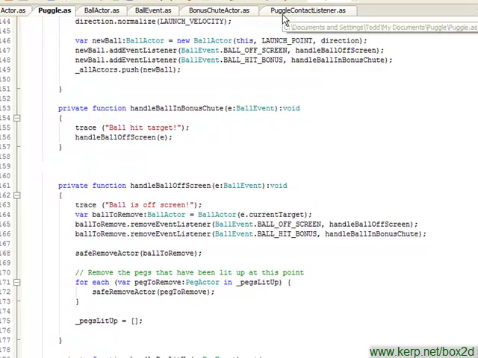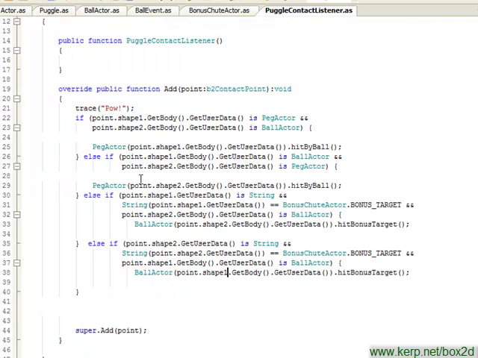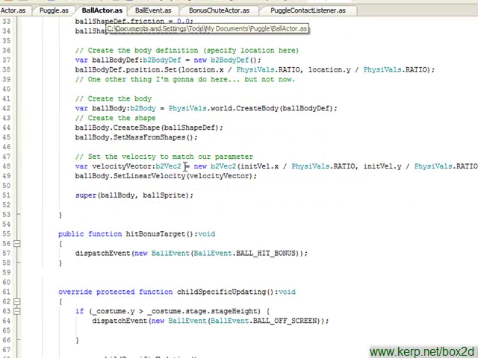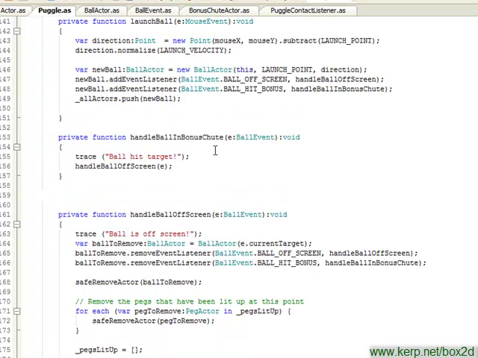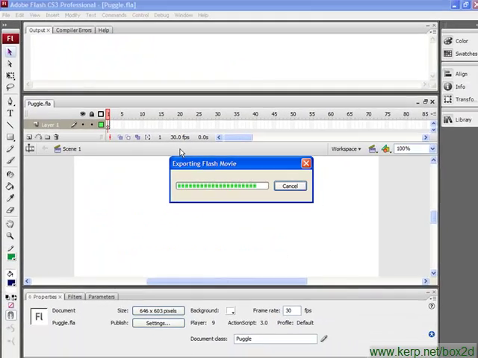Okay, so just to review, within our Puggle contact listener, when I've detected that a ball has collided with the bonus target shape within our bonus shoot, we're going to call the hit bonus target function on the ball, or on the ball actor, I should say. That will dispatch an event called ball hit bonus. Our Puggle class will listen for that, and when that happens, it will call handle ball and bonus shoot. That for now will just display a trace statement and then remove the ball as if it had fallen off screen. Now if we run all of this,